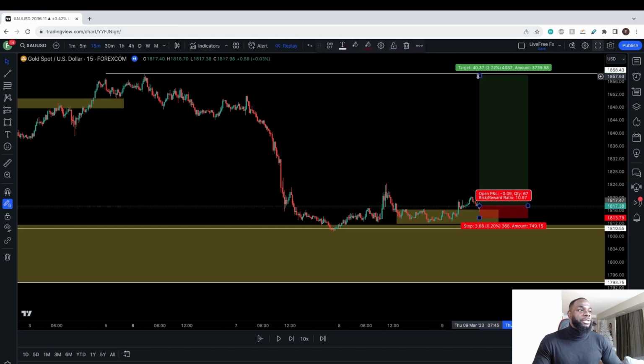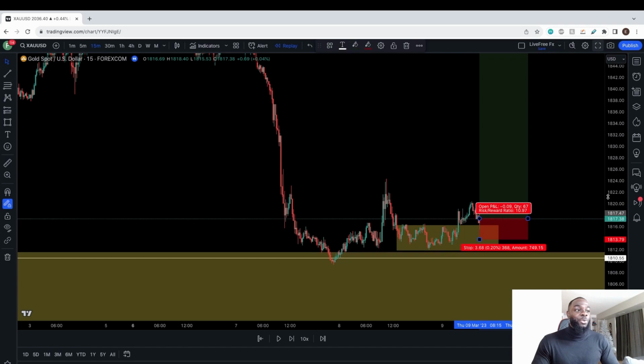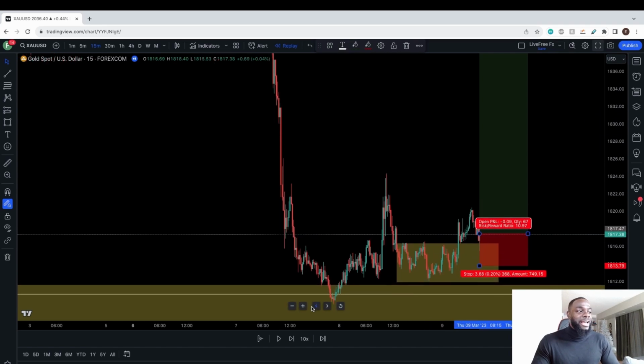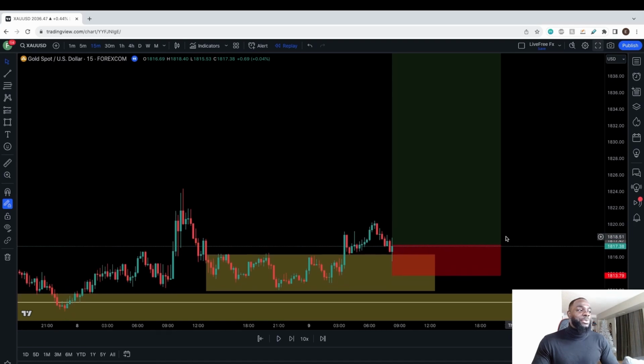So we can go over to the higher time frame on the 1 hour time frame. This is a huge target, by the way, because it's gold. This is like over 400 pips, and we're risking essentially 30 pips. So if we don't want to set a huge target like that, what we can do is we can use